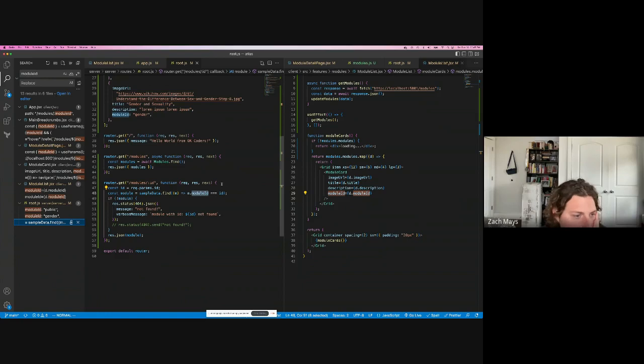Yeah, actually, we only need to change it here, but we haven't refactored this method to use